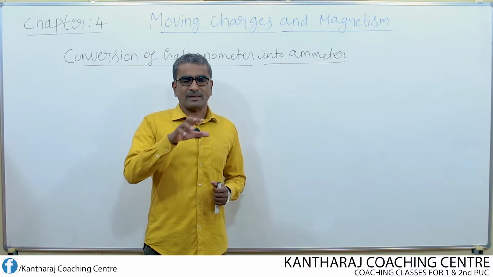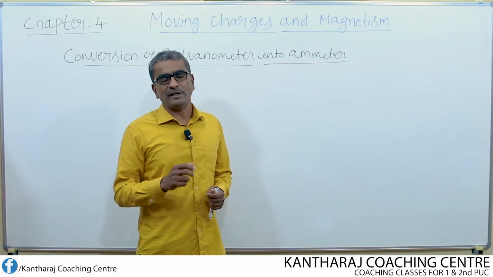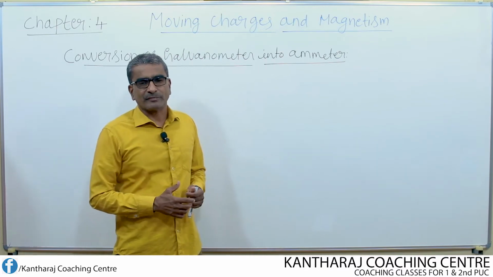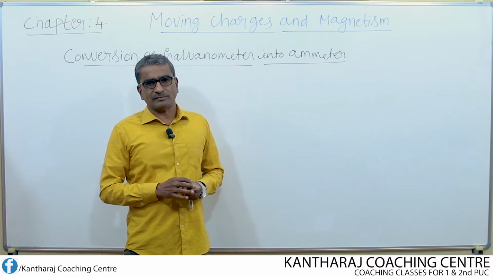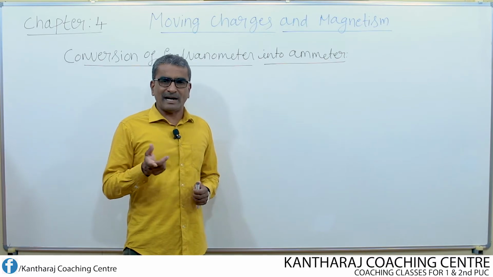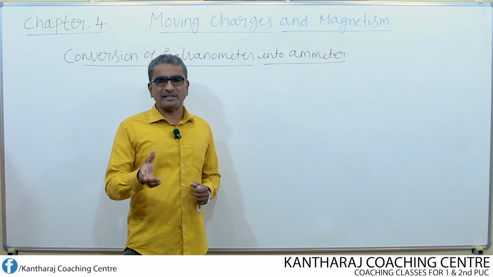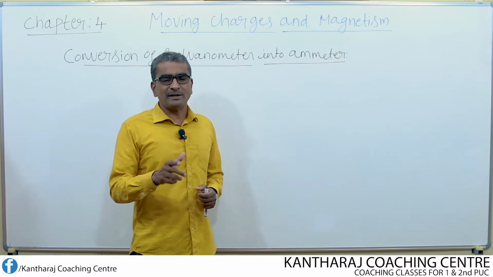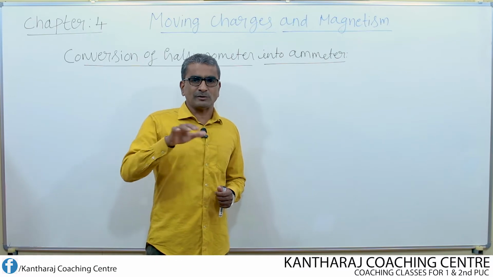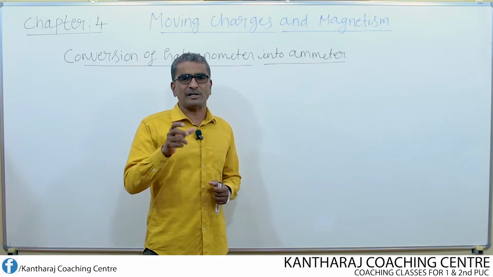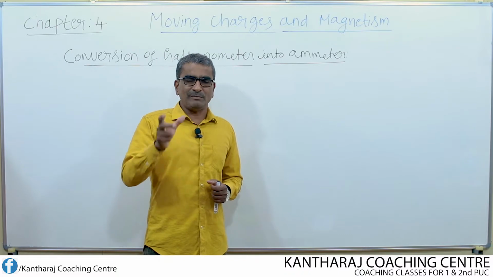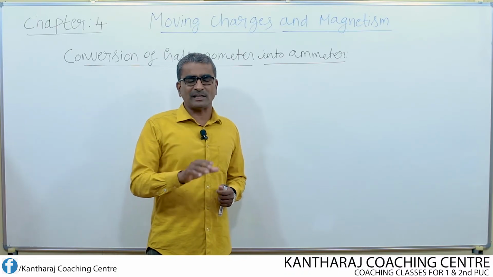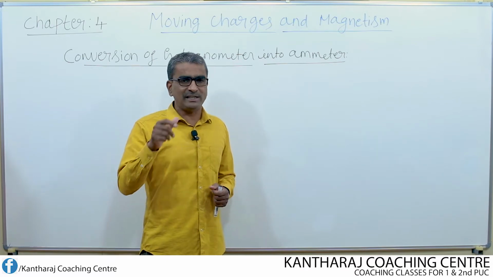Because of this reason, the galvanometer cannot be used directly to measure any large current that is flowing in any circuit. Then, is there any other alternative? Of course, ammeter is there, but ammeter is also basically a galvanometer. So, we need to modify the galvanometer to measure the current. If we do suitable alterations or modification to the galvanometer, then we can make use of this galvanometer itself as an ammeter to measure the current of desired value in any circuit.